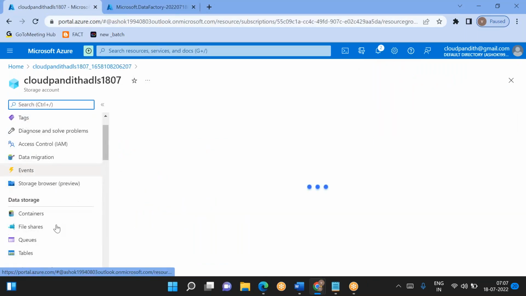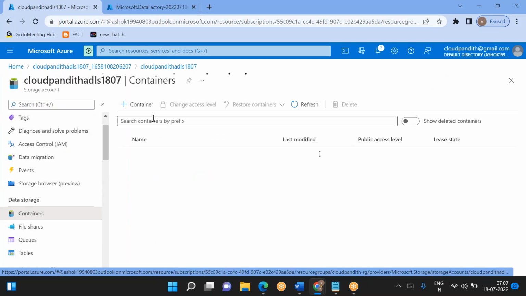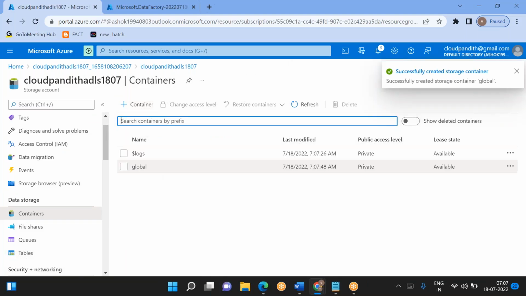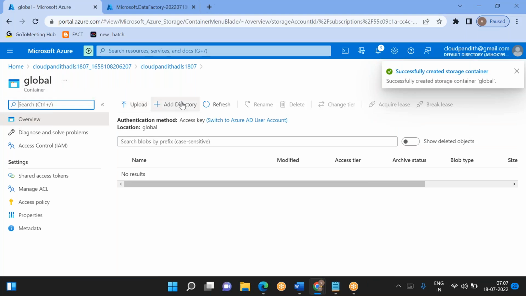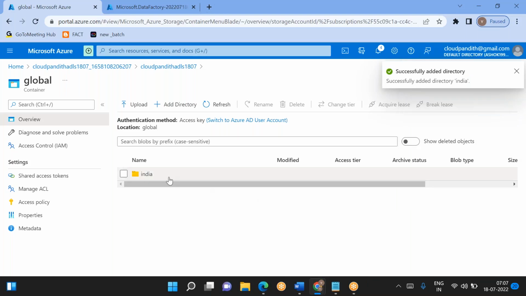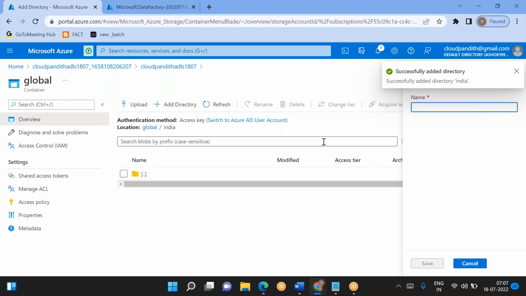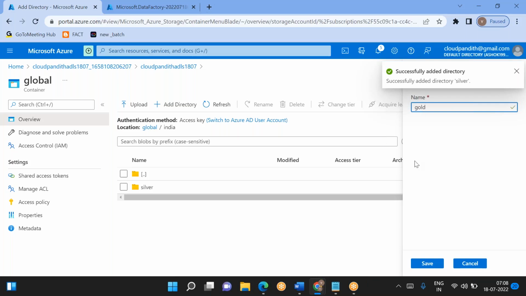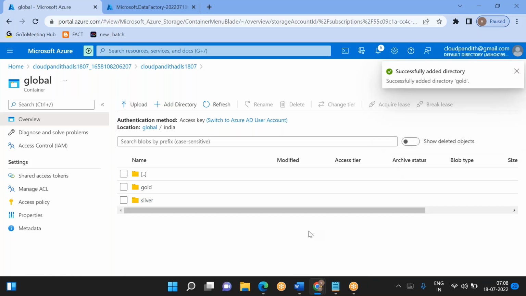Go to ADLS source side, go to containers. So as I mentioned, I am creating a folder structure: global. Under that, I'm creating the India. Under that, I'm creating the, what else? Silver folder where we have the data. Then we have a gold folder. Okay, silver, gold, and